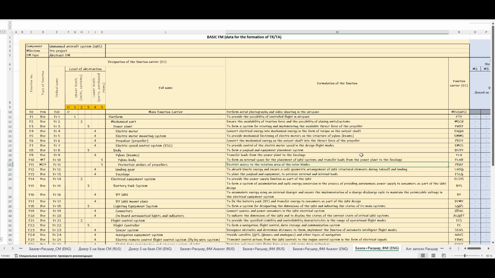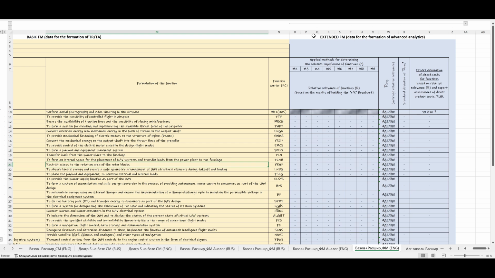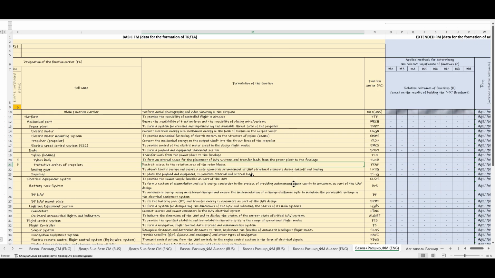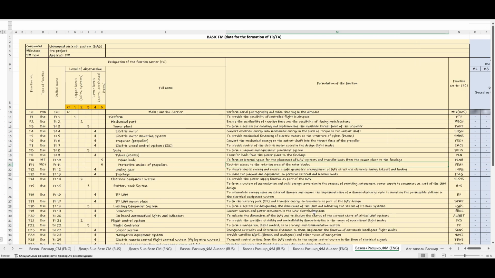The structural and functional models considered in stages 7 and 8 are divided into two parts, basic and extended respectively. These parts are painted in different colors to improve visualization. Above the table is indicated the basic structural and functional model, data for the formation of technical requirements and technical assignment, and the extended structural and functional model, data for the formation of advanced analytics. Thus, when describing the process of technical requirements formation, we will mainly be interested in the basic part of the structural